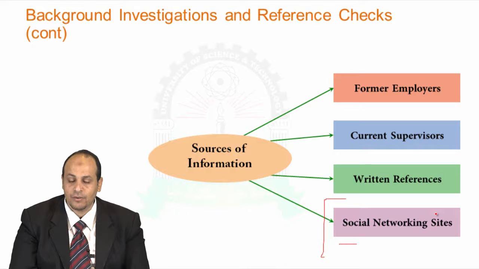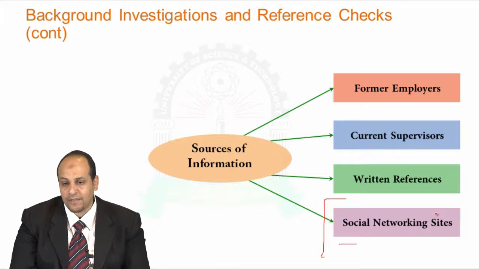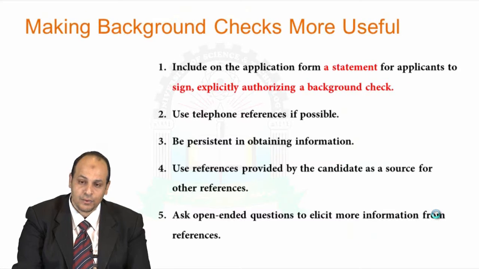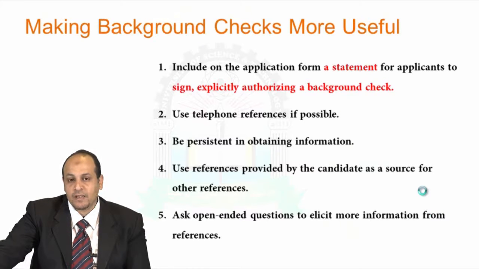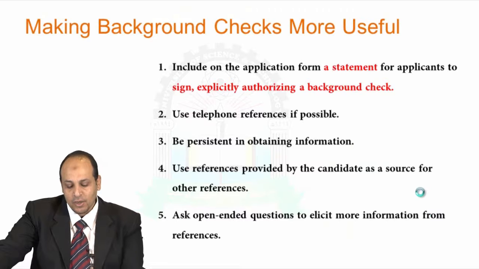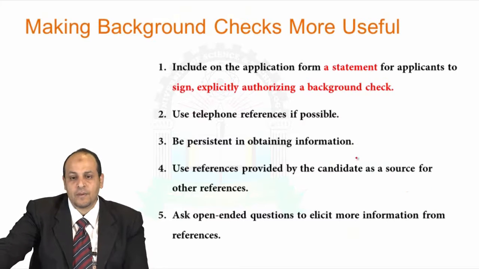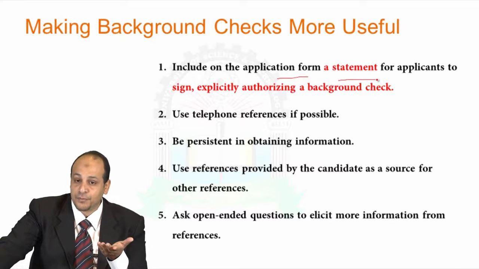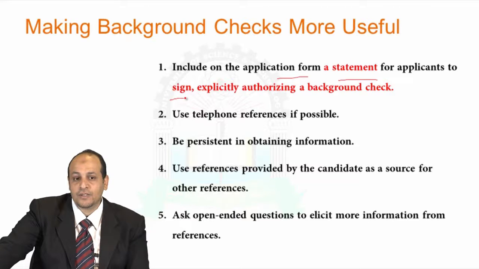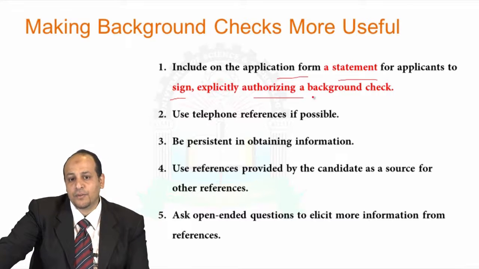So this information can really be gathered from such kinds of sources. Now, as we check information from different sources, we need to make sure that this information will help us develop the right decision. So, for example, include on the application form a statement for applicants to sign explicitly authorizing